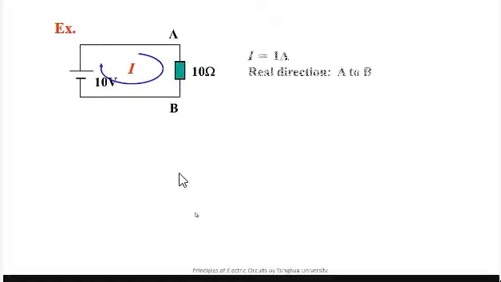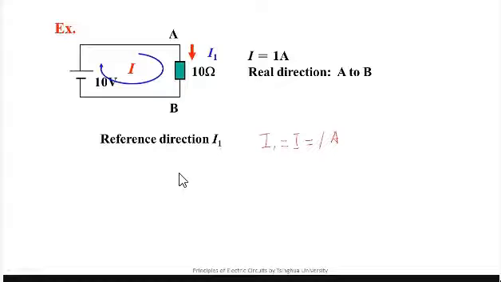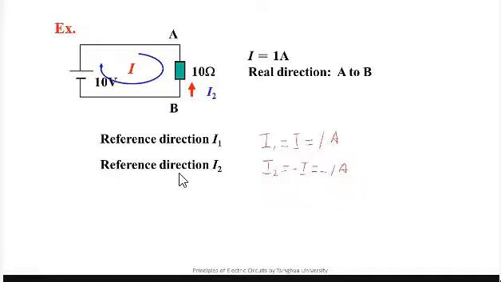Let's do an exercise. Such a simple circuit, we know the real value of the current is 1 ampere, and its current direction is from A to B. If we define the reference direction of I1 as from A to B, it's obvious that I1 equals I and equals 1 ampere. But if we define the current as from B to A, it's easy to get from the simple equation that IR equals negative I equals minus 1